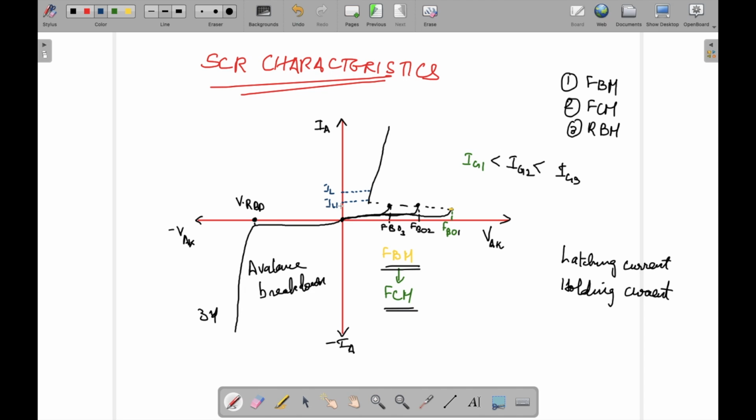Latching in the sense, for example, see here what am I doing? I have this thyristor or this SCR. I am connecting anode, cathode and gate. If it is forward biased, I have connected it with the positive polarity. And when it is forward biased, there will be a current flowing like this. But since it is supported by gate, the moment I release the gate, the current flow stops.